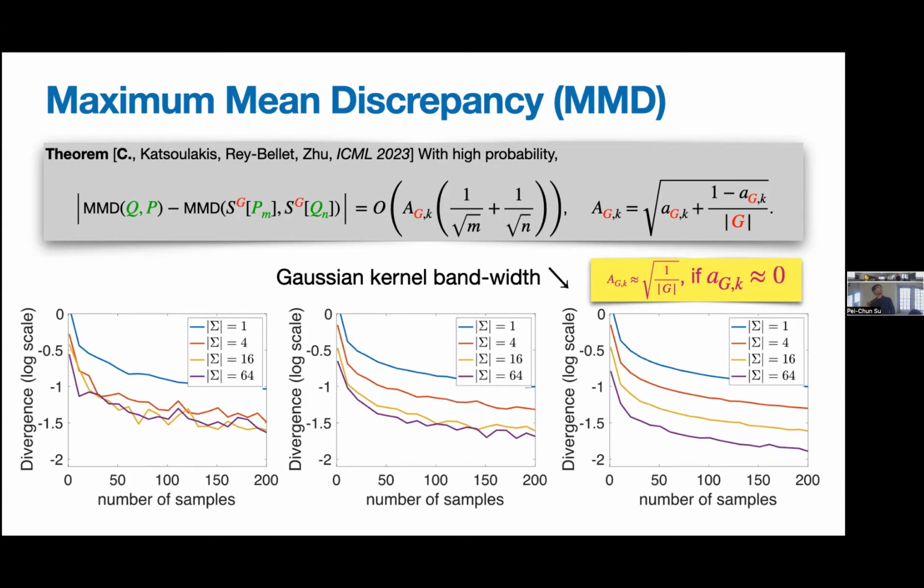In this example, we fix the domain and increase the group size. If you fix a Gaussian kernel like here but increase the group size of the domain, you can see the gain stops when the group size equals 4, because according to the theorem, it depends on the decay of the kernel. So in order to see further gain when you increase the group size, you need to select a smaller Gaussian kernel bandwidth to see a further decay when you have more group actions on this domain.